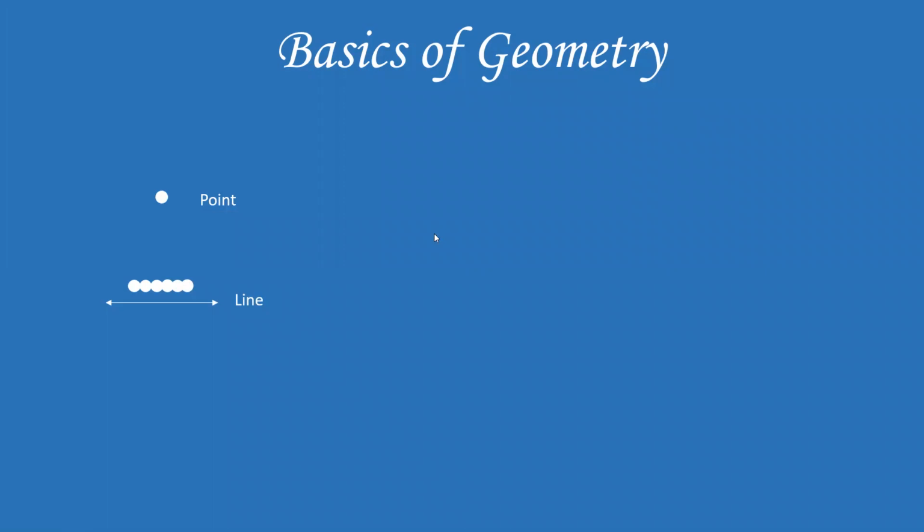A line is nothing but a combination of points. All right. So I'll show you once again. It's a very important thing. I have a point like this. So I combine many more points like this, like this, like this. If you combine it nicely, you'll understand that a line is nothing but a collection of points. So these are points over here. And we represent a line like this. All right. So we have one point. If you multiply it, we get a line. All right. So a point is an atom. A line is like the tissue of a muscle or something like that.